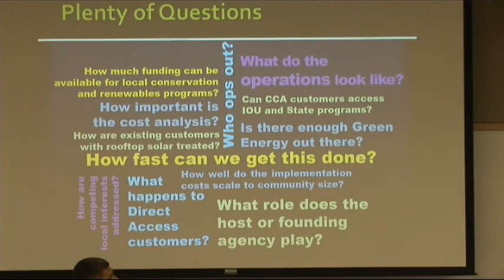But we recognize there's still some other questions we've got. So part of our study will be to collaborate with whomever else is interested to answer all of our questions and give our council good direction so they can in turn give us good